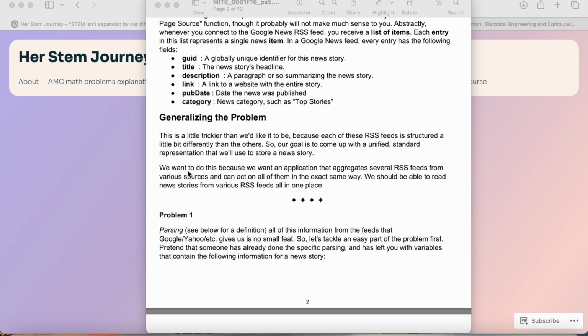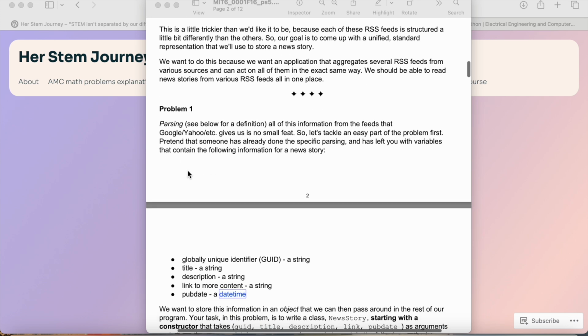So our goal is to come up with a unified standard representation that we'll use to store a news story. We want to do this because we want an application that aggregates several RSS feeds from various sources and acts on all of them in the exact same way. We should be able to read news stories from various RSS feeds all in one place. So the first problem,